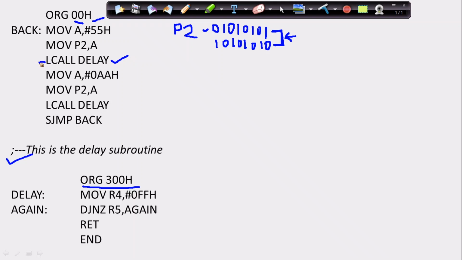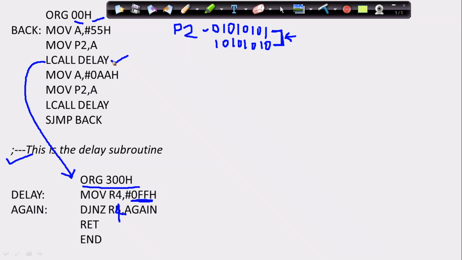After the delay our program control is being given back, it is coming over here, and then this set of instructions will be executed. That means our R4 has been loaded with 0FF hexa, and then decrement and jump if not equal to 0 R5, and then again, actually this should not be R5, this should be R4. So here what will happen? It is going to decrement R4 every time, so that these many times the loop will be executed. Okay, so the loop is going to execute, in the sense there will be a little bit of delay, and that